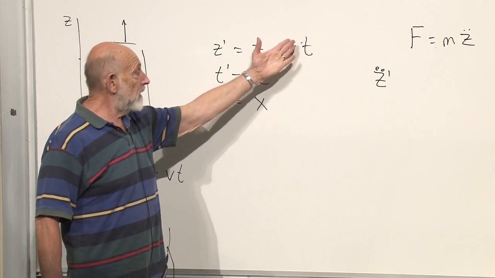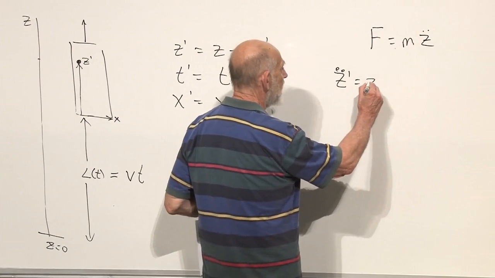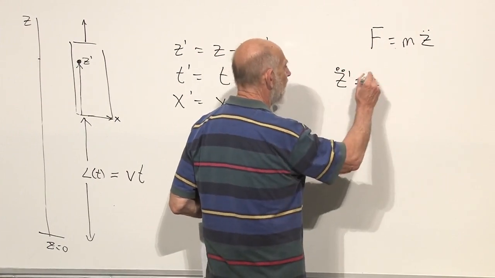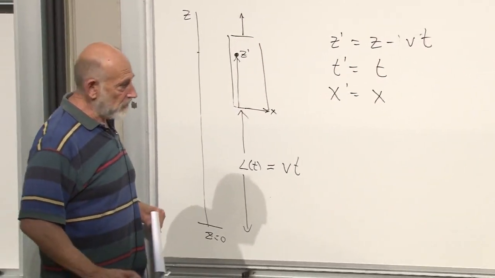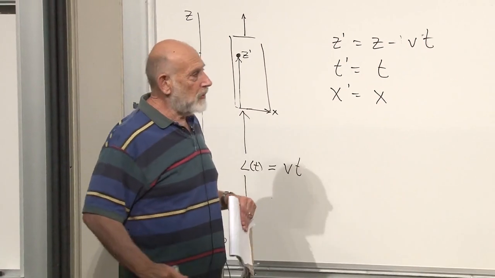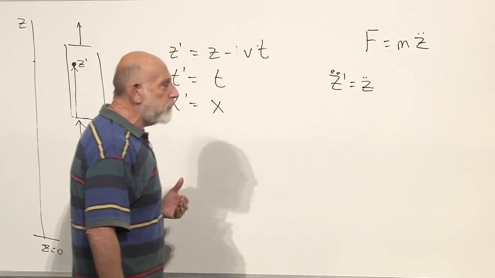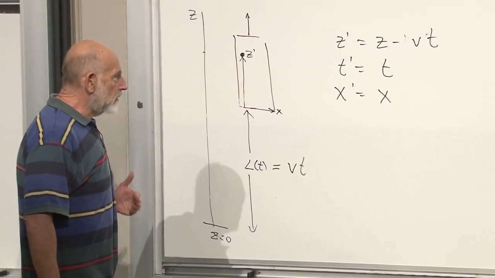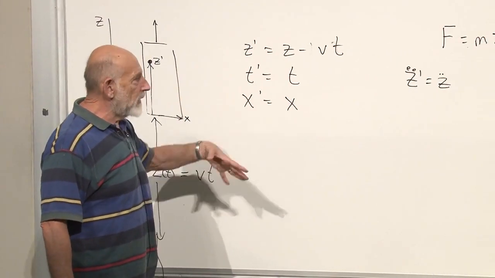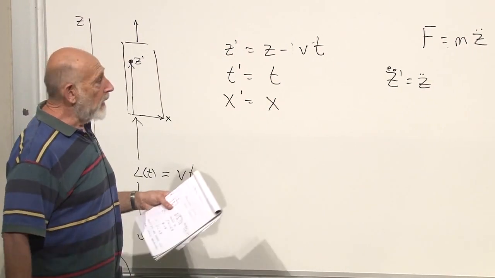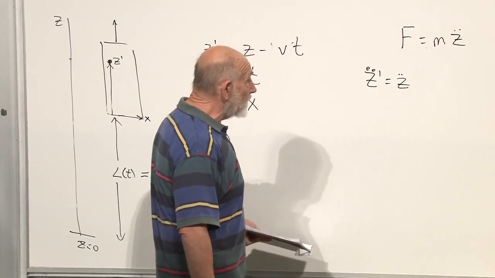It's linear in t. Differentiate it twice, you get nothing, and you simply find z double prime, z prime double dot, is just z double dot. The acceleration in the two frames of reference are the same. Now, I know you know all about this, but I wanted to sort of formalize it to bring out some points, in particular, the point that we're doing a coordinate transformation, and we're asking how laws of physics change in going from one frame to another.